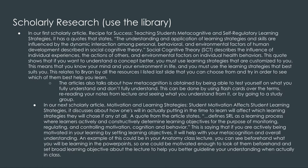So, in our next scholarly article, we found, it's called Motivation and Learning Strategies. Student motivation affects student learning strategies. It discusses how one's will and actually putting in the time to learn will affect which learning strategies they will choose, if any at all. So, that's just saying how willing you are to learn is how much you will learn. So a quote from the article states,